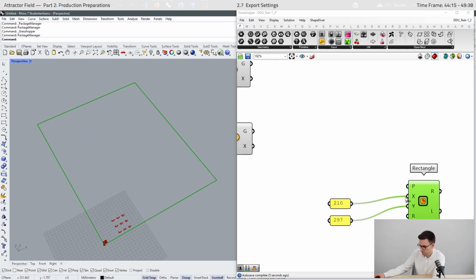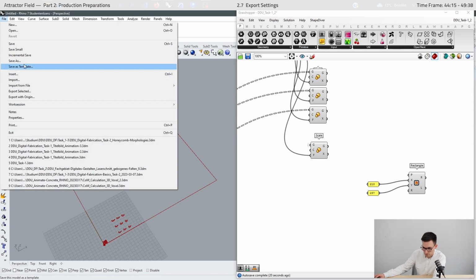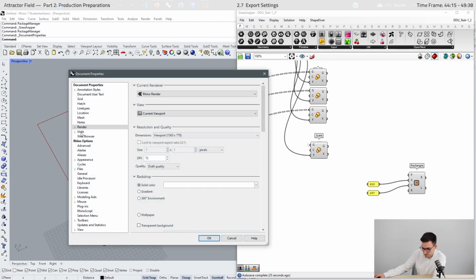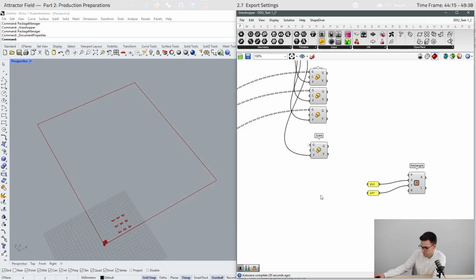So we have to keep in mind that in Rhino it should display millimeters down here, or you can go to the properties settings, go to units, and here it should be set to millimeters.